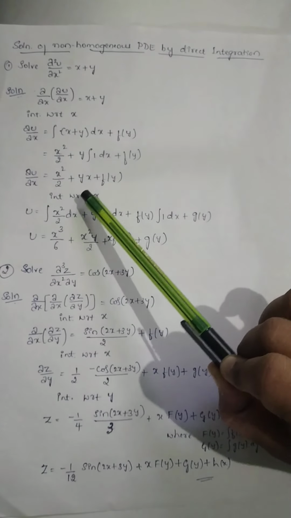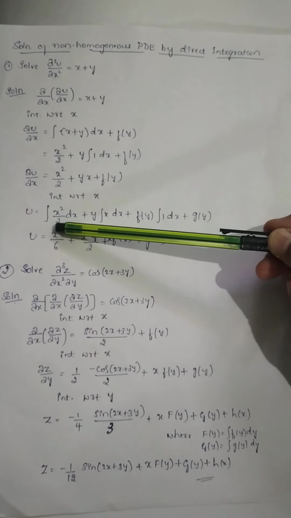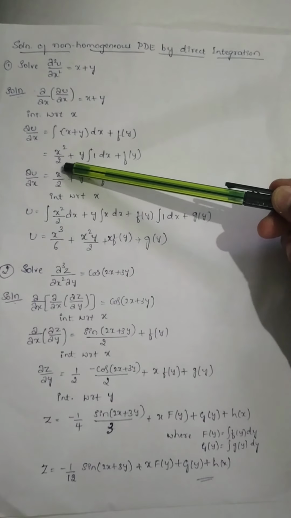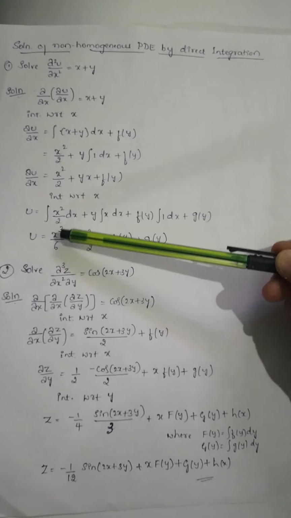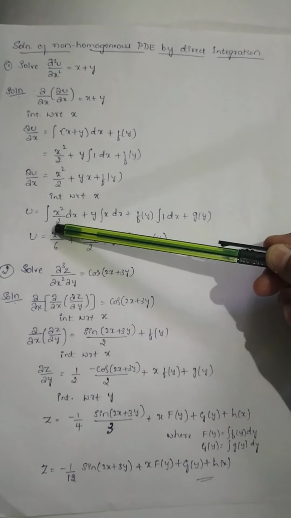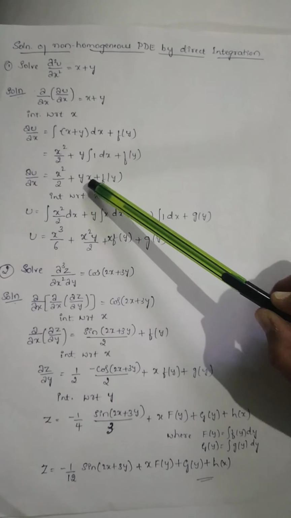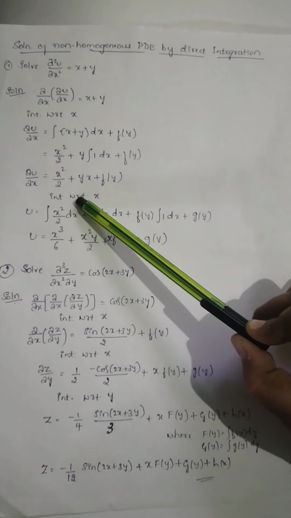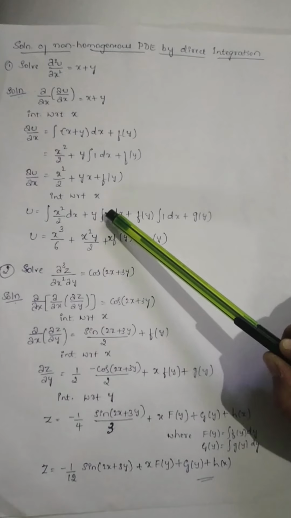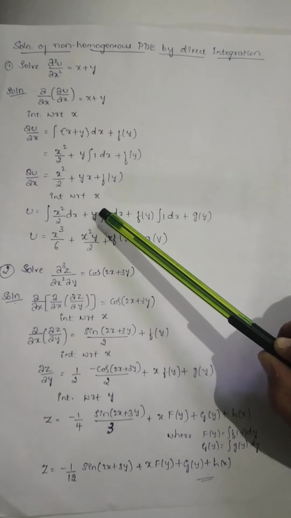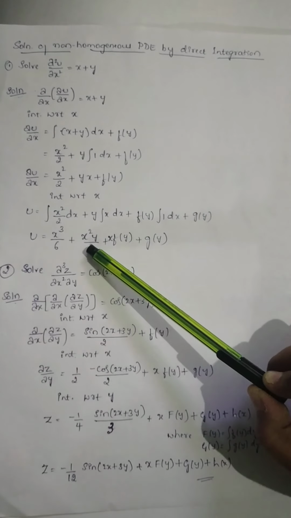Now after applying integration on the RHS, 1 by 2 will be constant, and integration of x square will be x cube divided by 3. When you simplify, you will get x cube divided by 6. Now y into x is there, and here y will be constant as you are integrating with respect to x, so integration of x will be x square by 2. So the answer for the second term will be y as it is, integration of x is x square by 2, so the total will be x square y divided by 2.